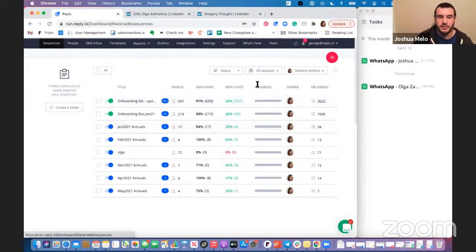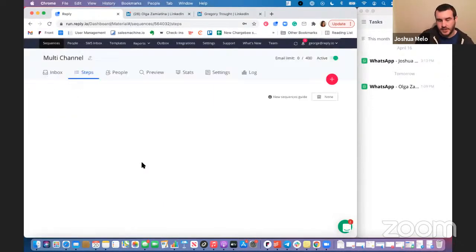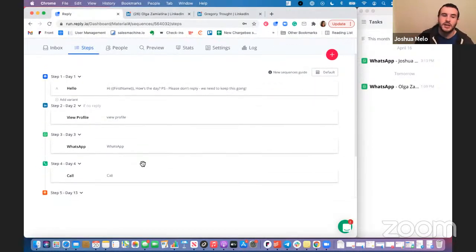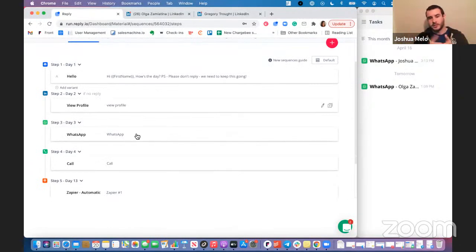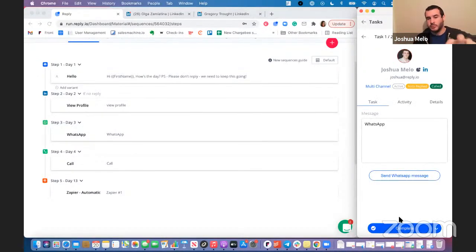So essentially, when you get to a task step in a sequence, in this instance, it will be LinkedIn, a task will get created and it will appear in this little side window in your Chrome extension, and it will have the associated LinkedIn symbol and everything like that. All you would need to do is then click into that particular task. So if you want to just click into one of the WhatsApps, the look will be very much akin to this. Yeah. Aside from WhatsApp, it will just have the LinkedIn logo.